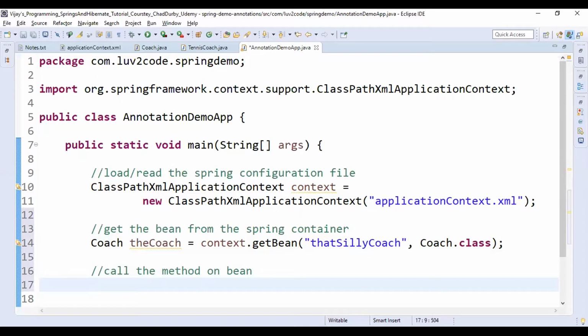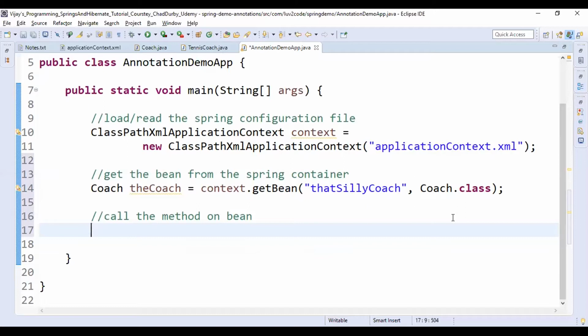A little Eclipse trick that we know, that is type SYSO and press Control Space. You'll be getting the statement System.out.println.